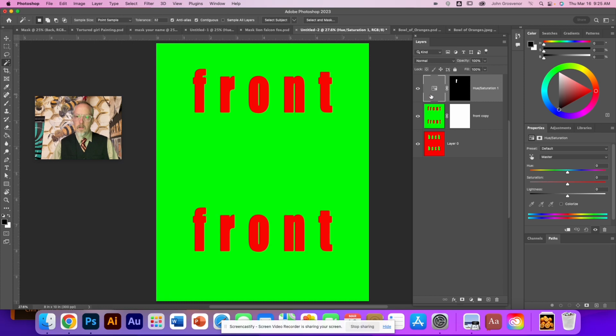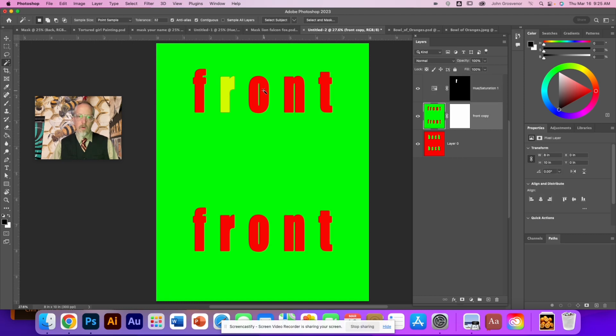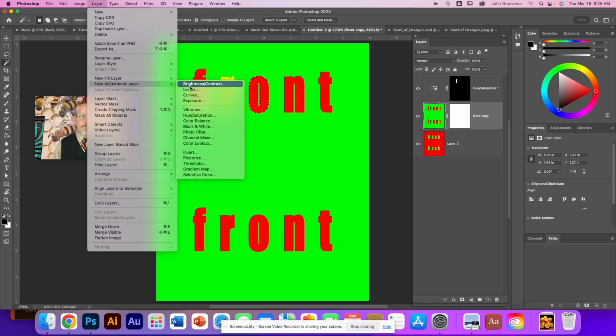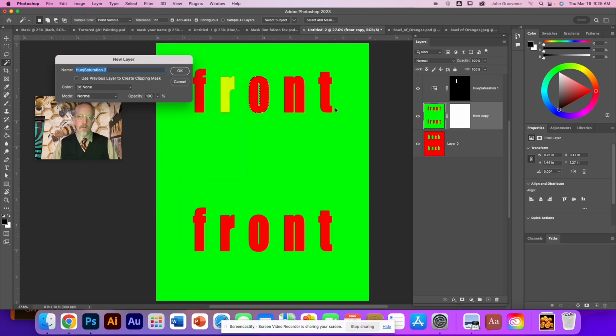Okay. Now when I click on my actual new adjustment layer over here in my properties panel, I have those same adjustments I would have if I just did a regular adjustment. Okay, very cool. I'm going to go back. Let's change the O. Let's say I want to change the O. I'm going to select that. I'll go to layer and I'll go to new adjustment layer, and I will change, let's change the hue saturation